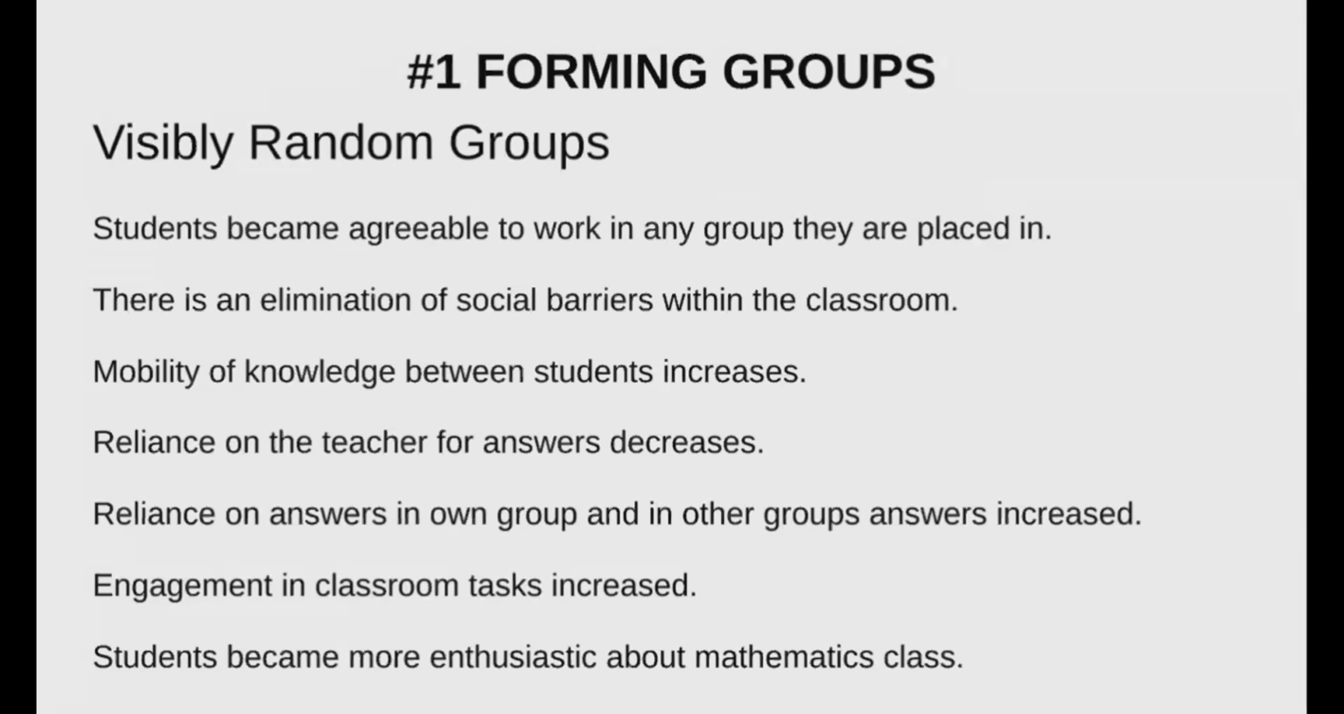It needs to be visible, so they need to see you and they need to know that it's random. There are lots of good things that come out of this. It eliminates lots of social barriers. Students become agreeable. You can read some of the things that I think help us. The optimal size for groups, Peter says, is 3. I would say e, right? 2.71. But I do feel like the visibly random groups is the single most powerful